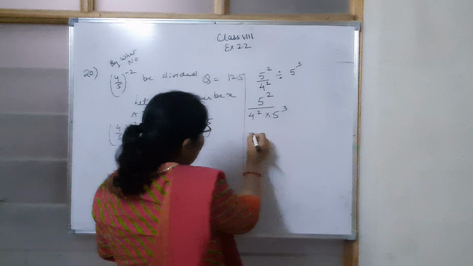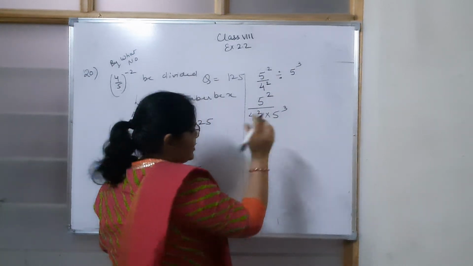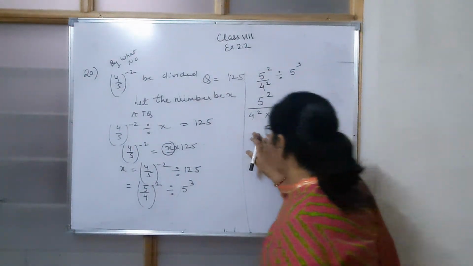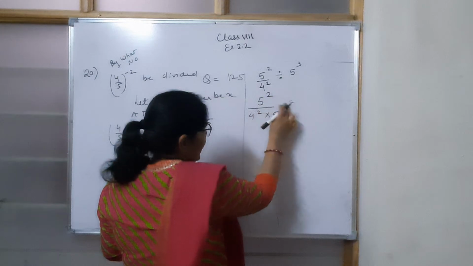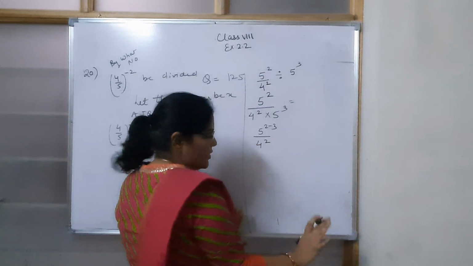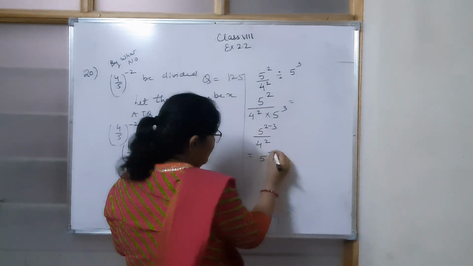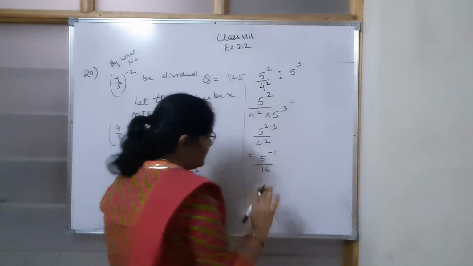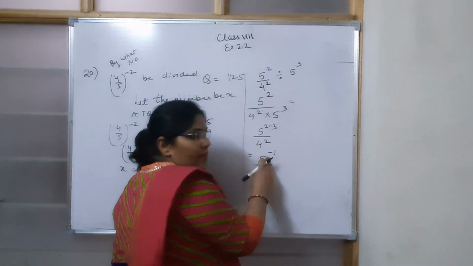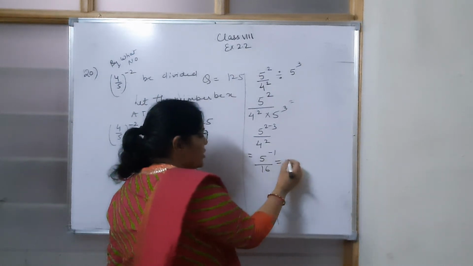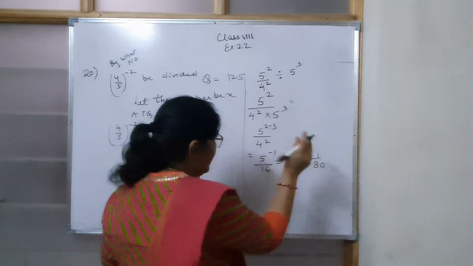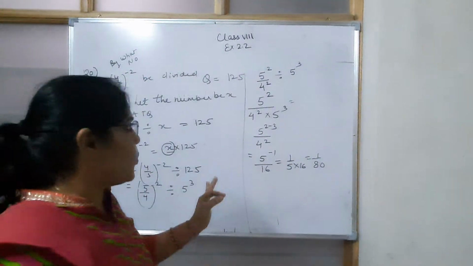Now how will you do that? There are two methods if you don't want to apply the law. First I am going to apply the law of exponents. With 2 and 3, since the division sign is there, their powers will be subtracted, and 4 raised to the power 2 will remain here. So again 5 raised to the power minus 1, and 4 into 4 is 16. Now to make 5 raised to the power minus 1 positive, we have to take the reciprocal. The reciprocal of 5 is 1 upon 5, and the 16 is also in division, which gives 1 upon 80.